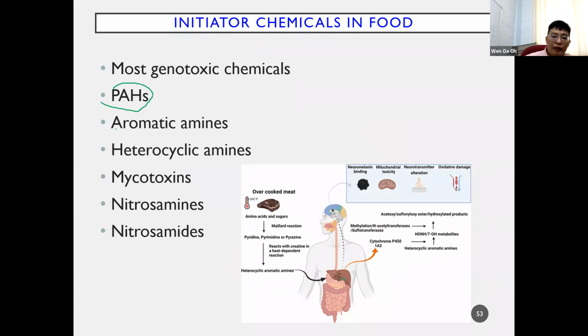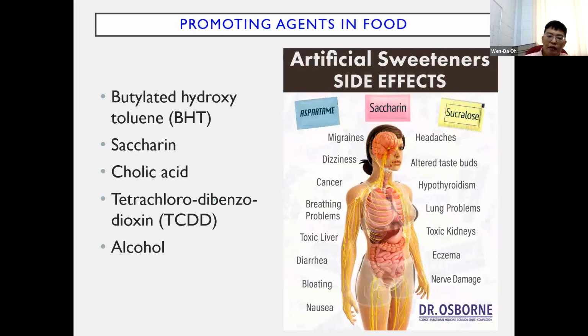Okay, so in terms of initiator, sometimes PAH can also be an initiator. Aromatic amines, heterocyclic amines, all these are considered initiators, which means that they cause the first step, the initiation of the damaged DNA, the initiation of the first cancer cell. Okay, and then promoting agents start to promote the cell from growing. For instance, you have BHT,